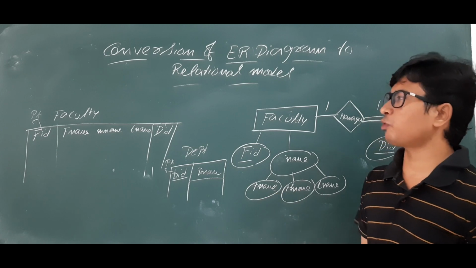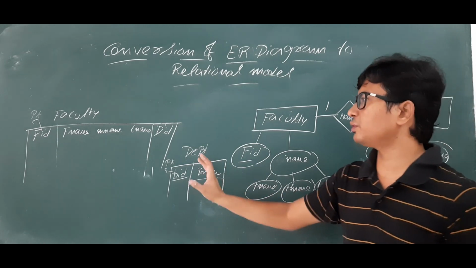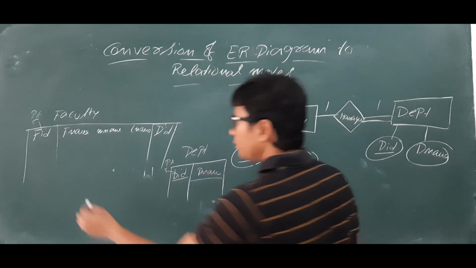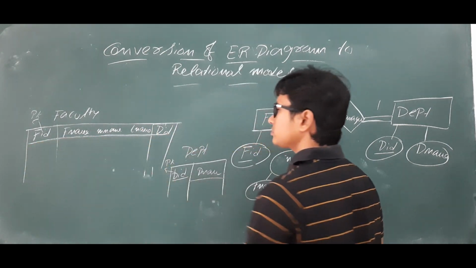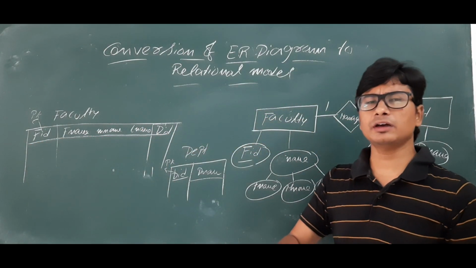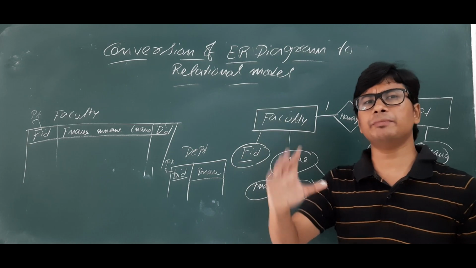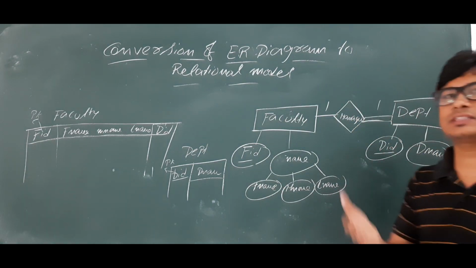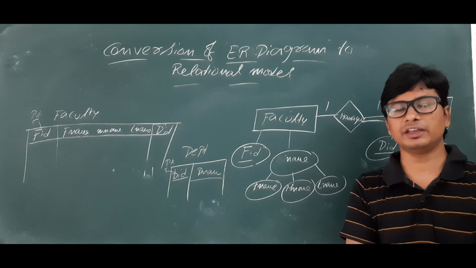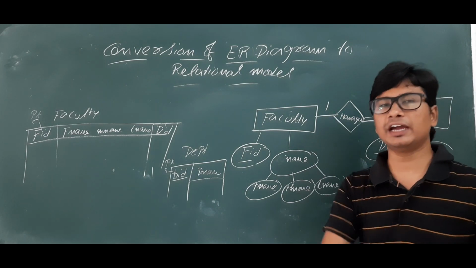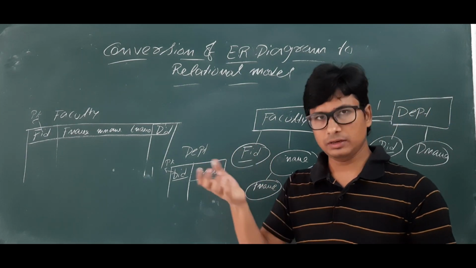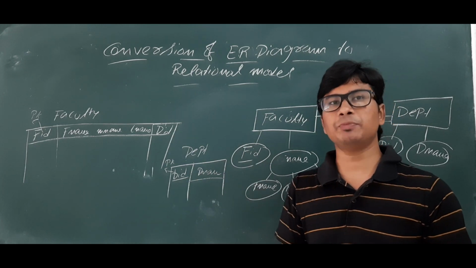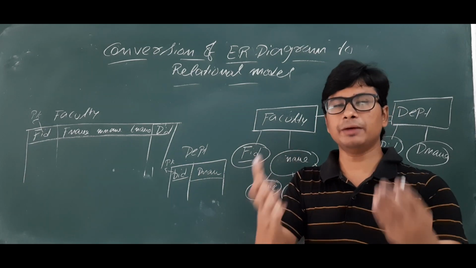Okay. Now what is the problem, or is it okay to have it like this? We will see. Now as we said earlier, in a department or in an organization, n number of faculties will be there. And the number of departments will be less than the number of faculty. If you see any real-time scenario, the number of faculty will be more as compared to the number of departments. In each department, you will find some number of faculty.